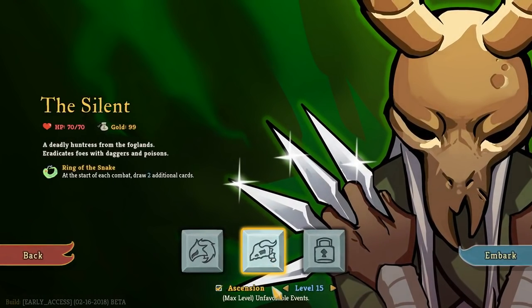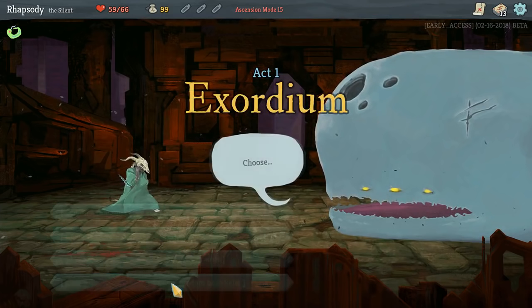Looking at that card library for no reason whatsoever. It is time to go into the Silent, Ascension level 15. Hello again. Now,